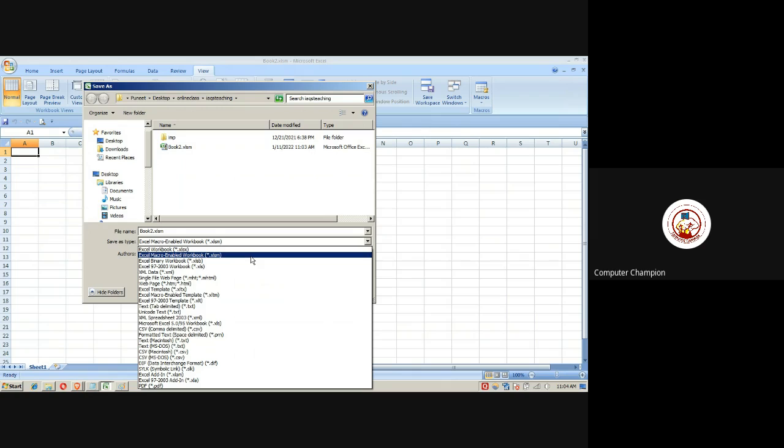XLSM, which is macro, M for macro. XLS we all know, right? XLSM is for macro. XLSB is for a binary file, which means that if you have a large data in your Excel file, you can save it as XLSB. It is for macros also, but it is used only in case of large data, 5 lakhs data, 10 lakhs data, heavy files. And rest, they are all other options.